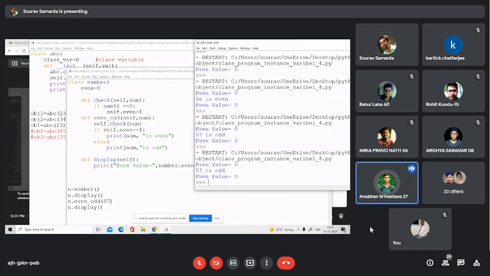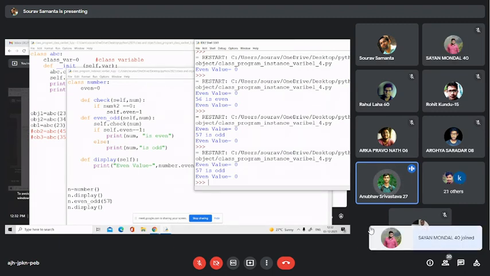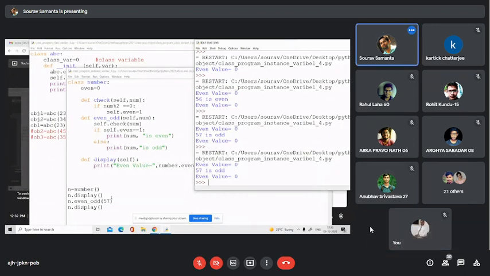Yes, sir. The class variable value remains constant, and when we are accessing it through self, then only the instance value for that class is changed. Yes.